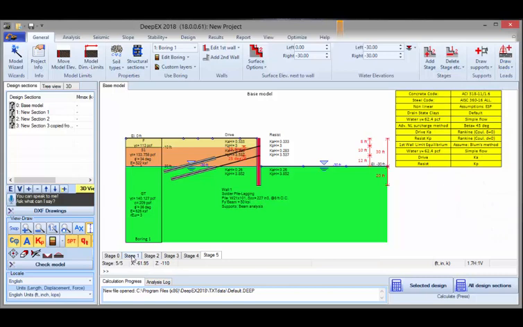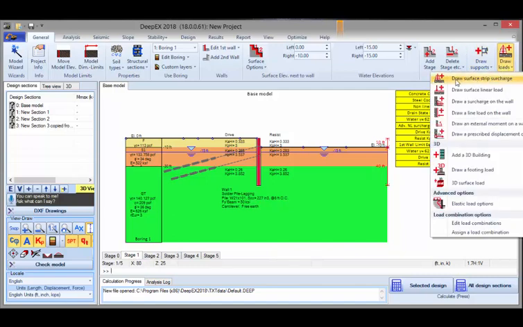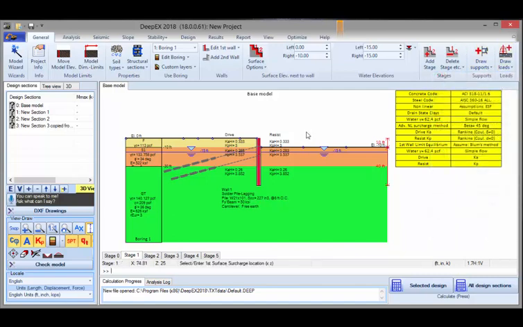It's important in which stage you actually insert the load, draw the load, because the load will be active from the stage you draw it and after. So if I go in stage 1, I'll select the tool to draw a surface strip surcharge. I select the tool and I click on two random spots on the ground surface, and with my second random